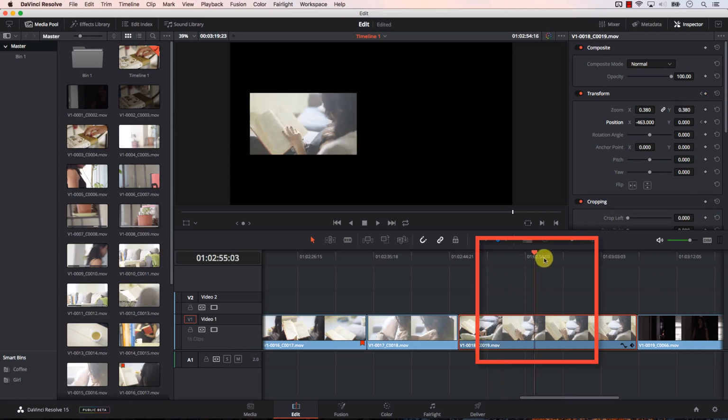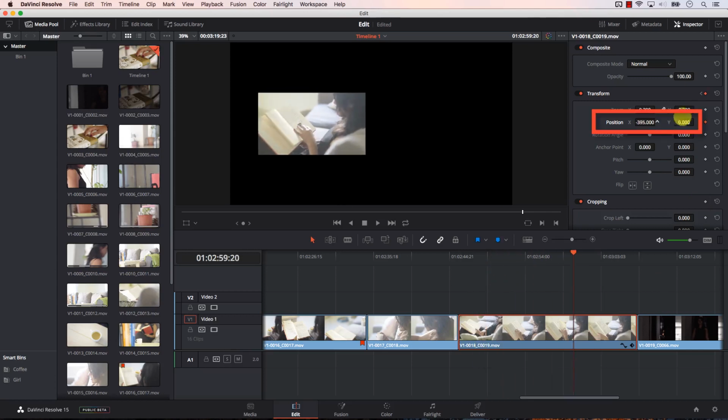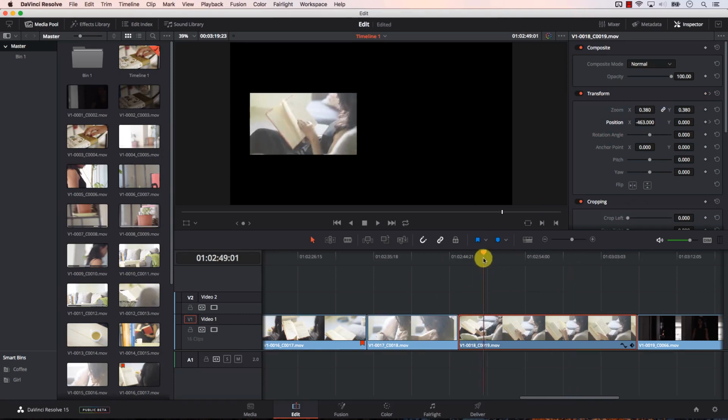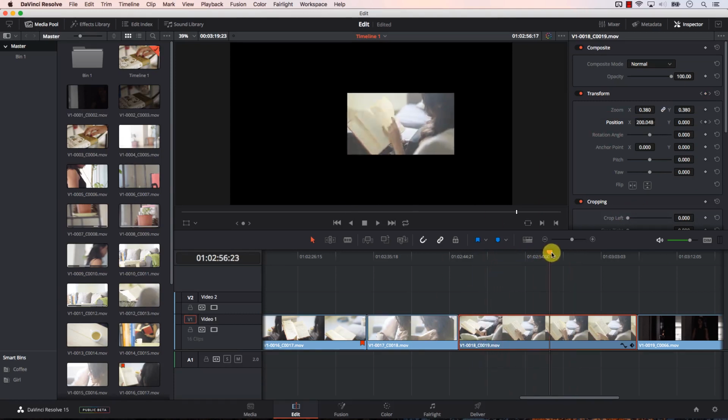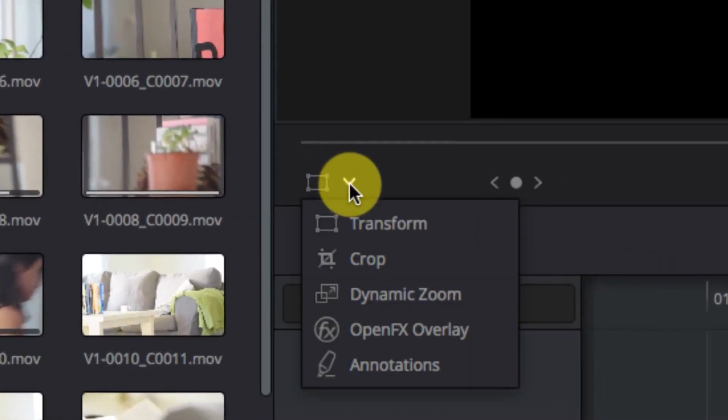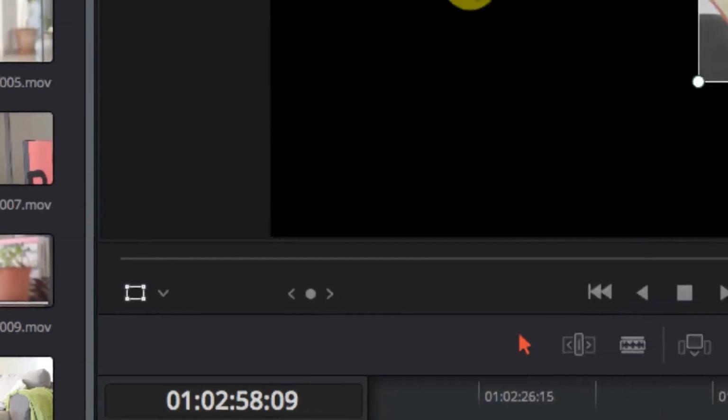Then I'll move to this point, for example, and I'll just move the clip to the right. So I just created a very simple animation. The clip moves from the left of the screen to the right of the screen. Great. Note if I'm selecting the clip and I open the drop-down menu here and select transform, I have this